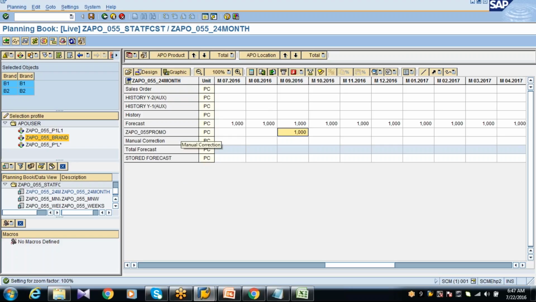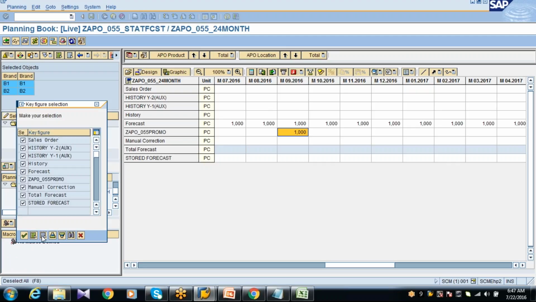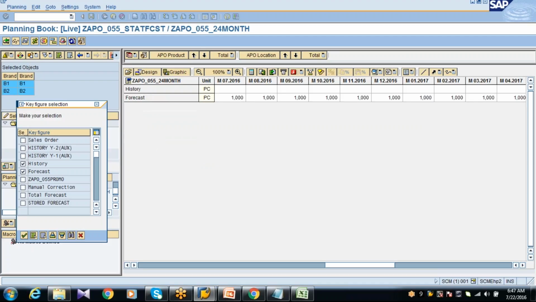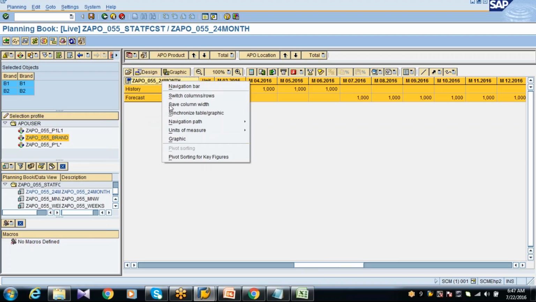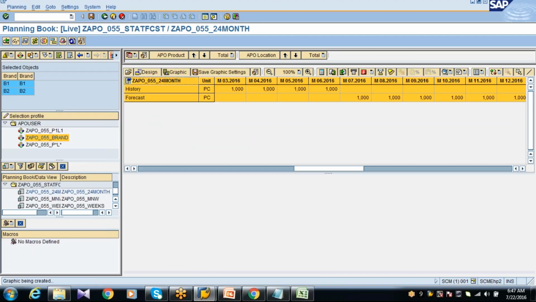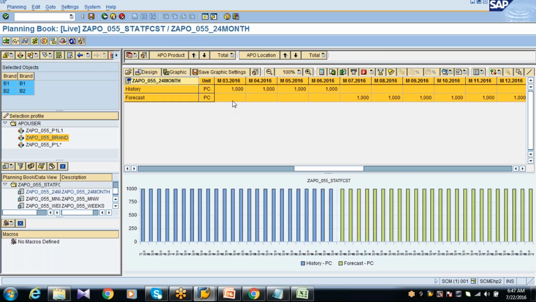And here also, if you don't want to see all these key figures, then you can go to the multiple key figures. You say that I don't want to see everything, I want to see history and forecast only. It will show history and forecast only. And if you want to see the graph, just right click and go to the graph. It will show the graph